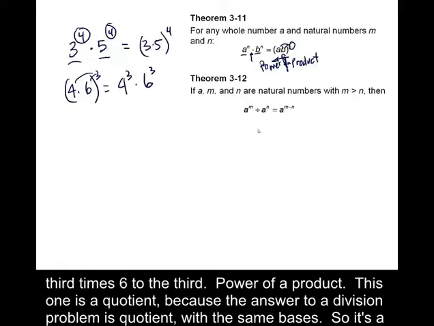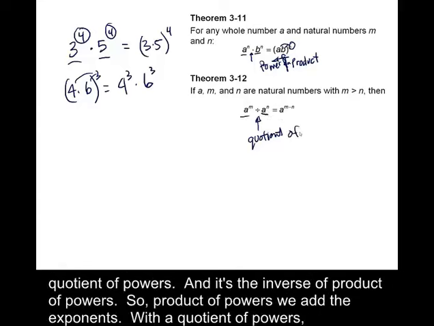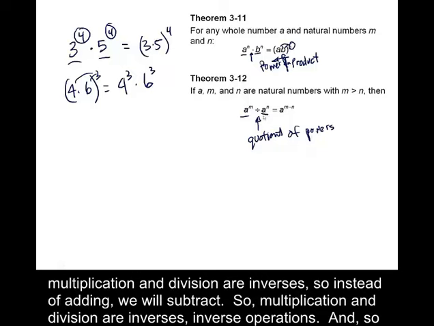This one is a quotient, because the answer to a division problem is a quotient, with the same bases. So it's a quotient of powers, and it's the inverse of product of powers. So with product of powers, we add the exponents; with a quotient of powers,